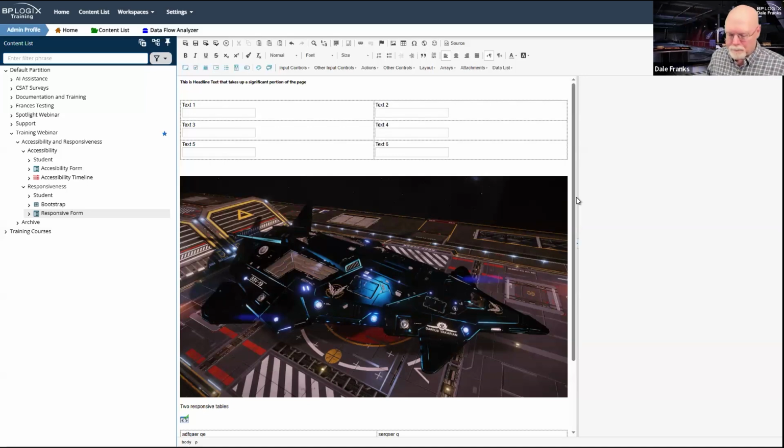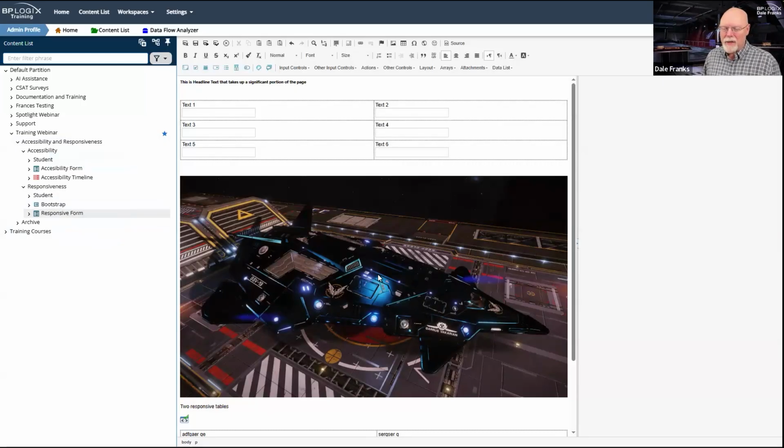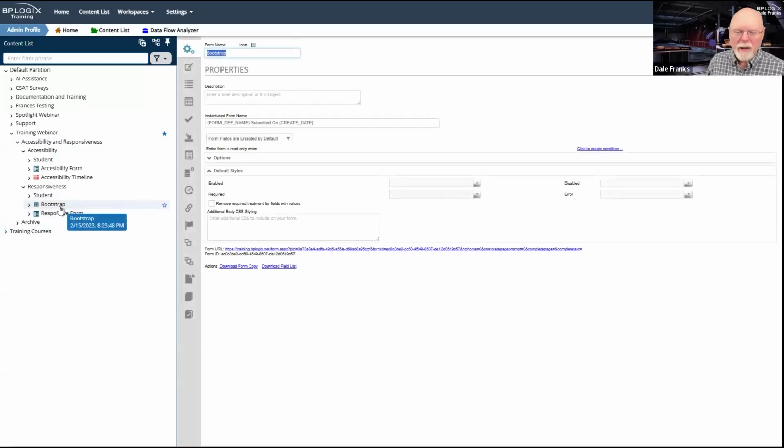So you have these HTML tools. If you know how to use them, I would suggest that you use them. There's one more thing with responsiveness, and it's, again, another thing that we are not going to cover in detail here.